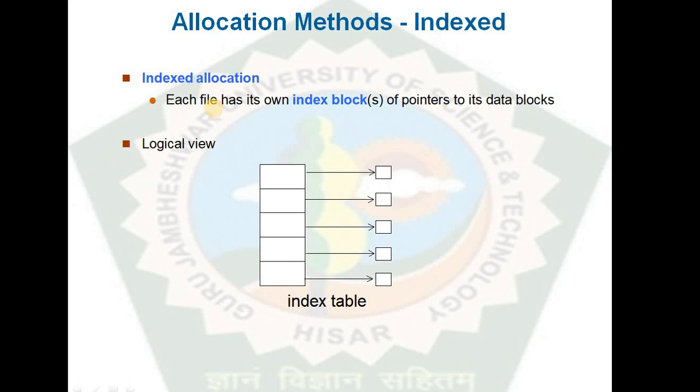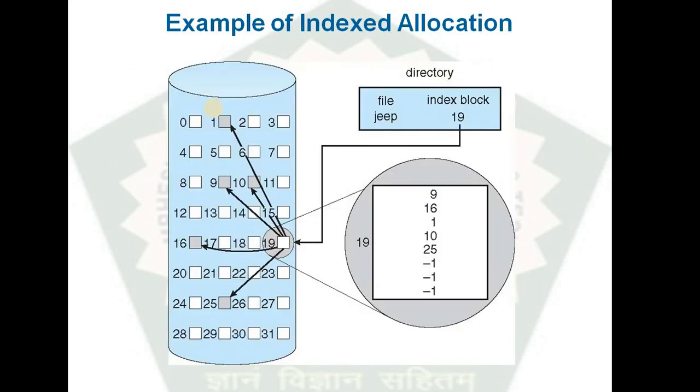Next is the indexed allocation method. As the name suggests, it contains an index for a particular file name, like a book, where an index entry is there and the associated page number is attached, where the actual information of that particular file is stored. For example, the file name is Jeep, and only one entry is shown in this index block, that is 19. This 19 block contains all the information about this file, कि इसके जो associated blocks हैं और जो associated entries हैं different blocks में कहाँ डेटा store कर रखा है और कौन कौन से block में कर रखा है of this particular file name Jeep.